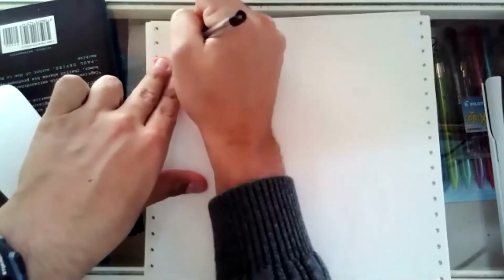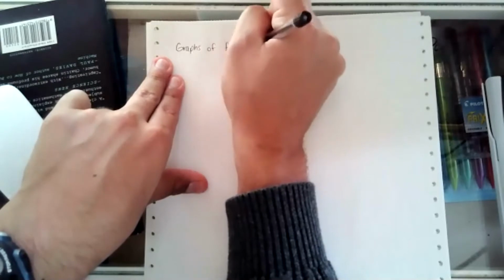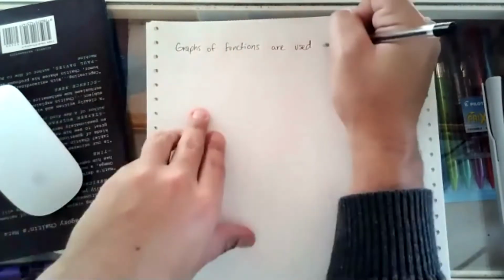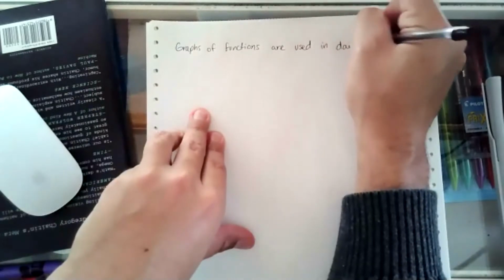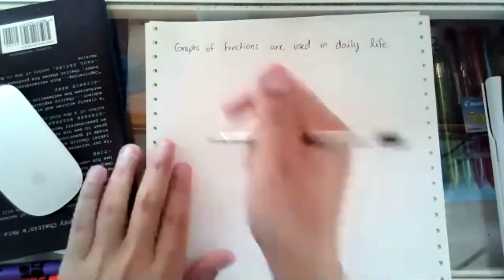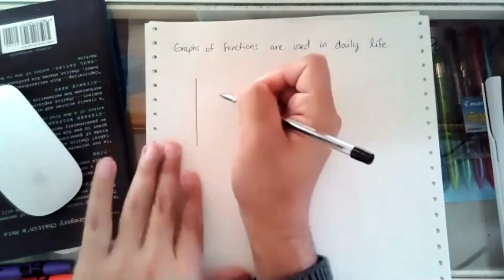So graphs of functions are used in daily life. And the example that I want to talk about is something like, well, we could talk about the value of